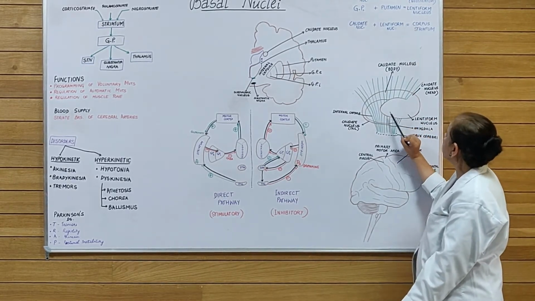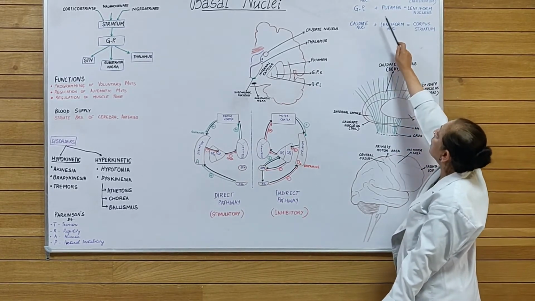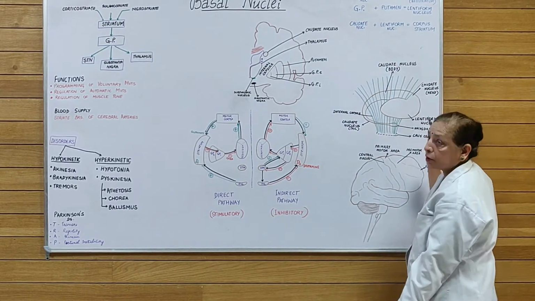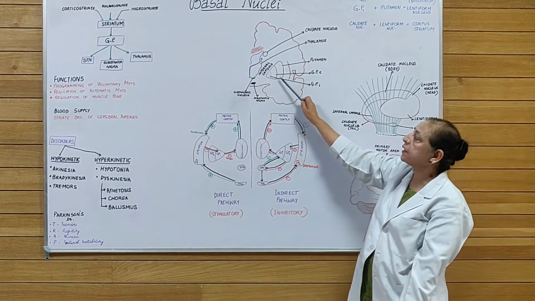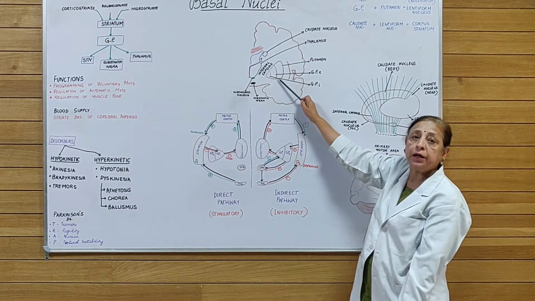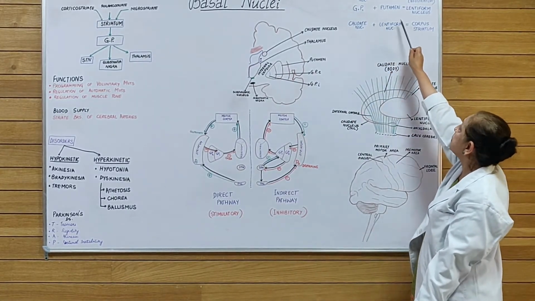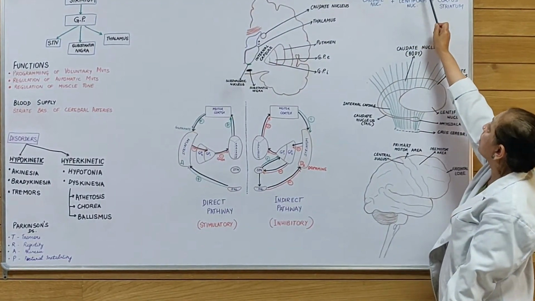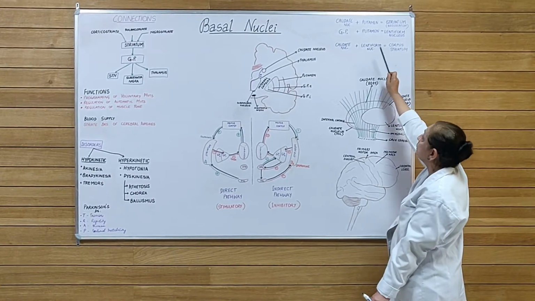And this caudate nucleus is now continuous here with what is known as the putamen. Okay? So this lentiform nucleus, how is it formed? It is formed by the globus pallidus and the putamen. And we cannot see the globus pallidus over here. Where can we see it? We can see the globus pallidus only in a coronal section. Alright? So globus pallidus plus putamen form the lentiform nucleus, and caudate nucleus plus the putamen form the striatum, which is known as the neostriatum.